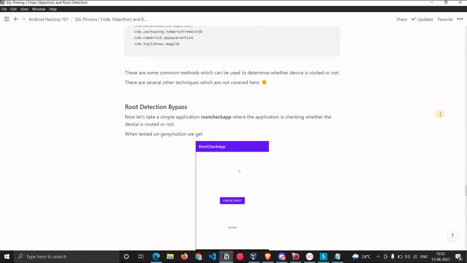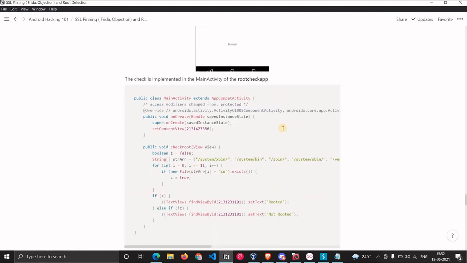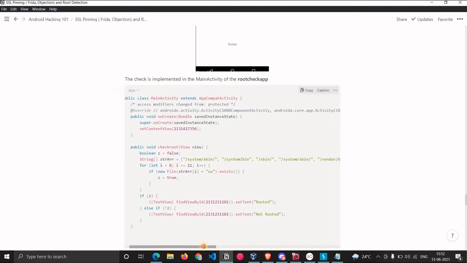Okay. So now we will check how we can bypass root detection. I have created one application which is named RootCheckApp. I've implemented a particular function there which is checking for two binaries inside particular folders. This is just an example.